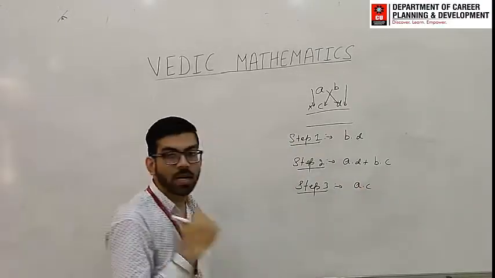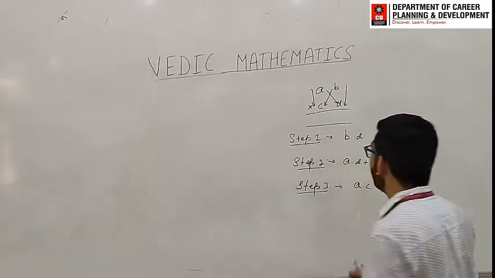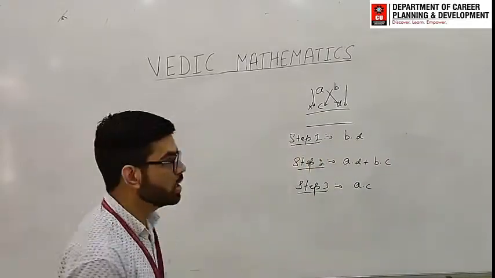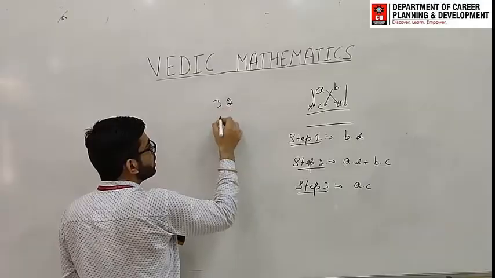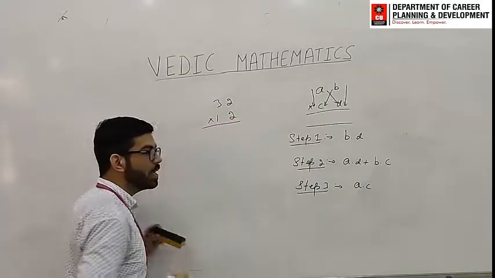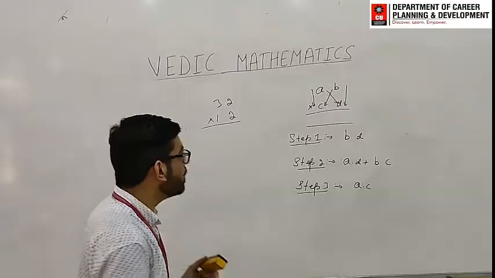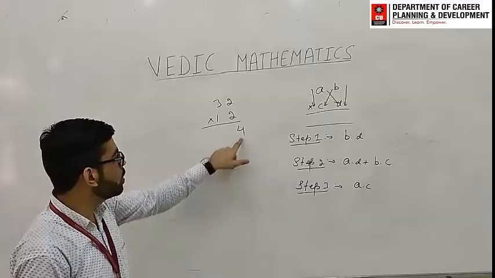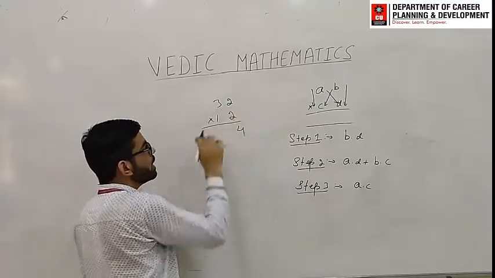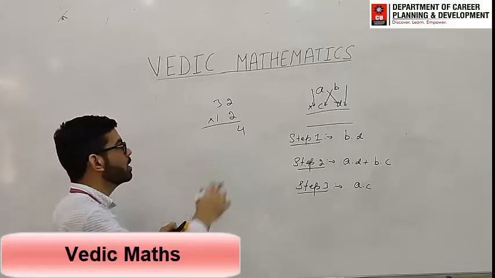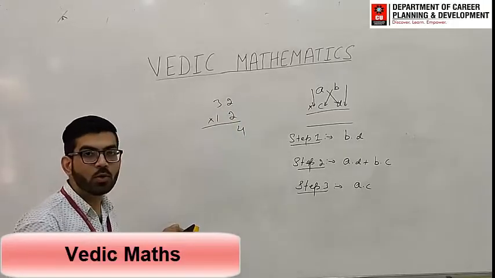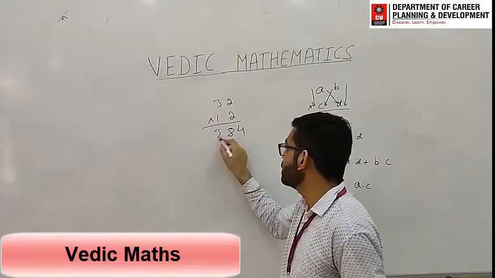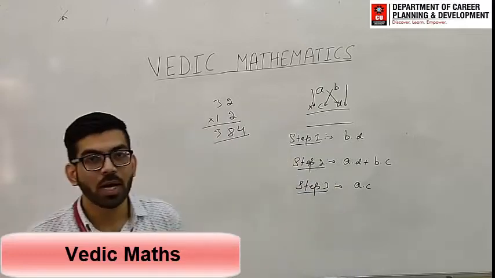It is better understood by an example. And one more thing, whenever you write these numbers here, you have to write only the unit digit of the numbers. Just see another example. Suppose the numbers are 32 multiplied by 12. Step number 1 will be 2 multiplied by 2, we write the unit digit, and 4 is coming. So 4. Next, the cross multiplication. So 3 into 2, 6, plus 2 into 1, 2. That means 8. The last number will be 3 multiply 1, 3. So that will be our answer. I hope this one is clear.